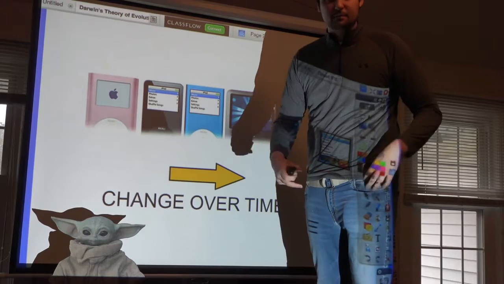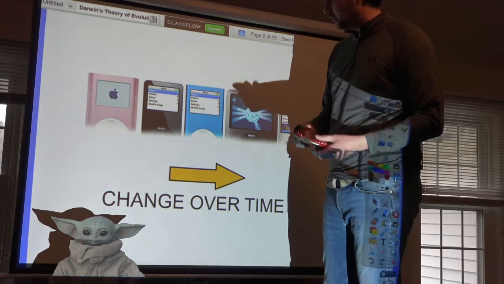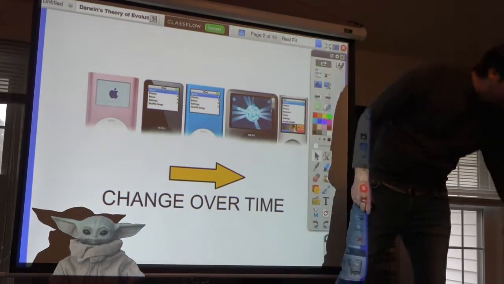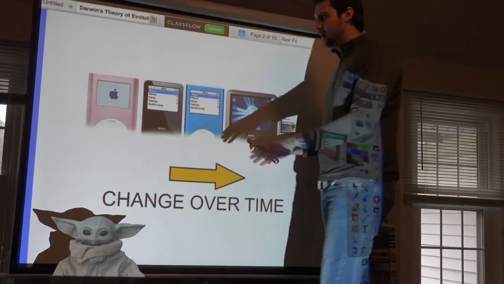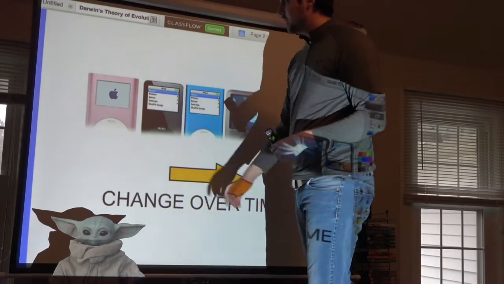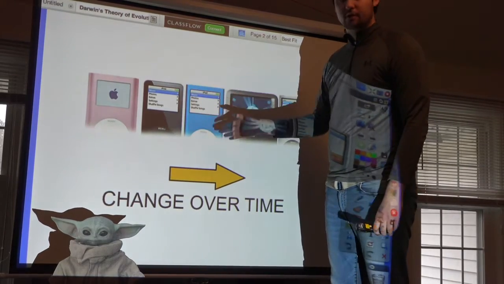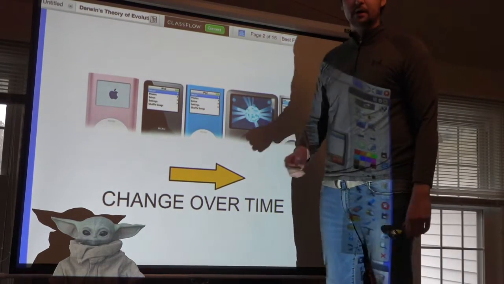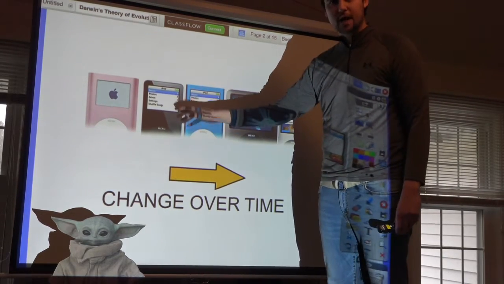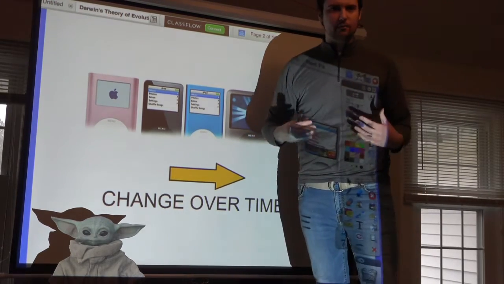It's huge, it's bulky, it's massive. You can only listen to one CD at a time. So Apple completely changed the industry when they unveiled the iPod. The iPod came out, and now we can have multiple CDs in one device on the go. And then as we go from year to year, or generation to generation, the iPod got better. We could have more music. Now we have color. It has a larger battery life. So as we move throughout time, the iPod improved.